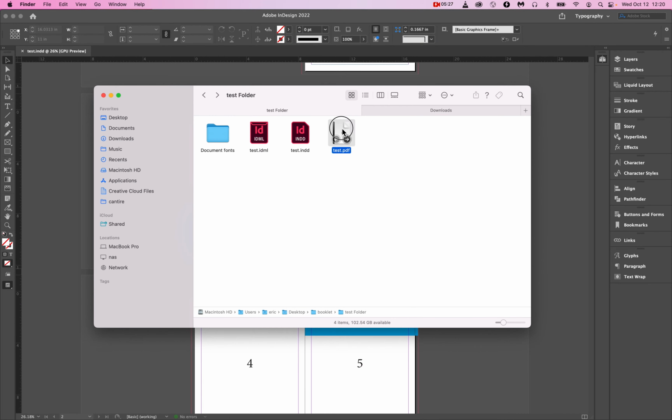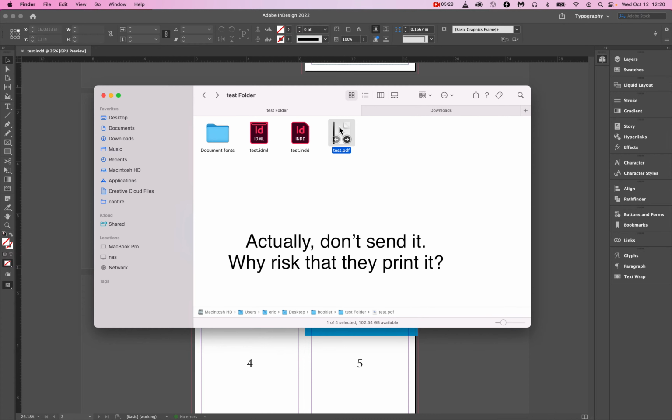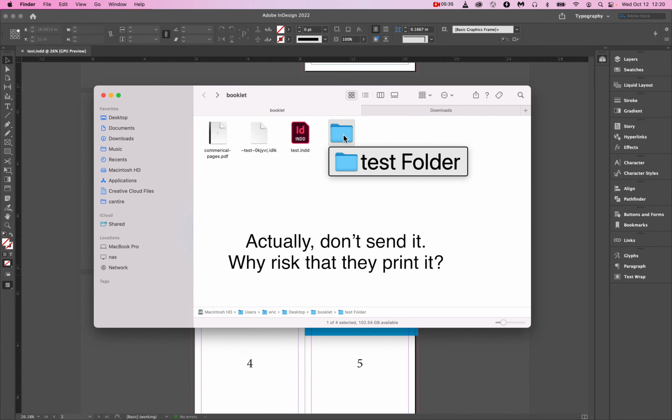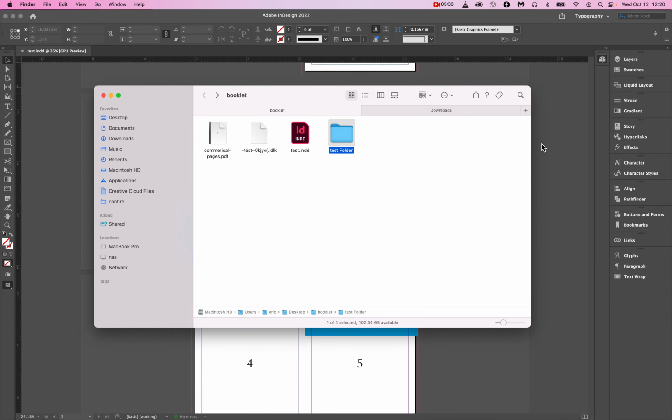So this actually, we don't really need. You could trash it or you could send it. It's up to you. Some printers will just say, send me this folder and I'll do all the work from there. Some printers want a PDF, okay? They don't want to